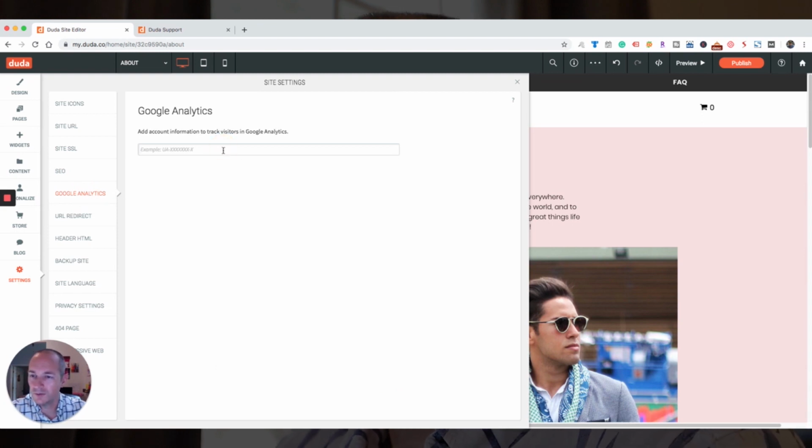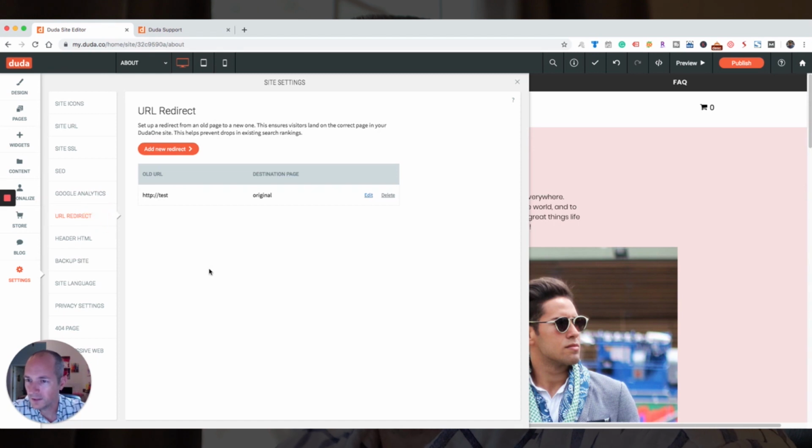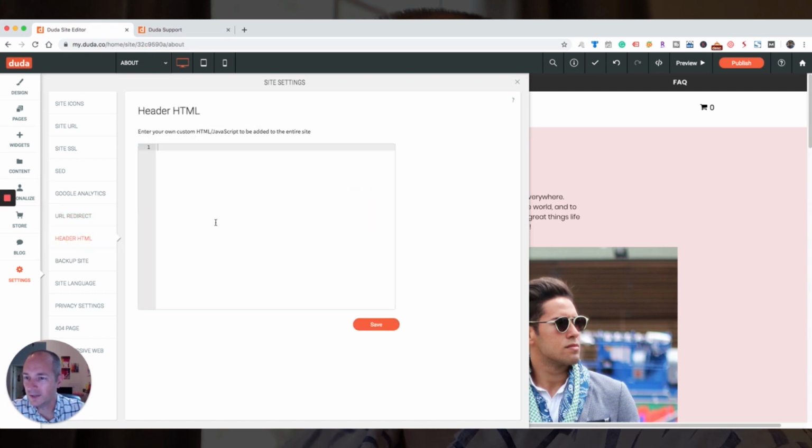Google Analytics, this is where you set up your analytics account, you get your ID, you paste that in here, and there's a stats section of Duda, and you can really nicely see stats without having to go to Google Analytics all the time. It's not really in-depth statistics about Duda, but it'll tell you quite a bit of information. Again, I'm happy to review that in a future video. URL redirects from your old site to your new site. Any changes you need to make, you can add redirects here quite easily. The header HTML, this is across the entire site, not on a page-by-page basis. Back on the pages section under SEO is where you would do that.